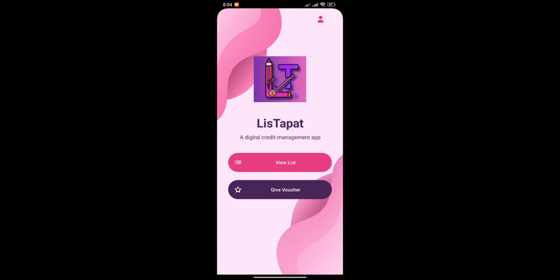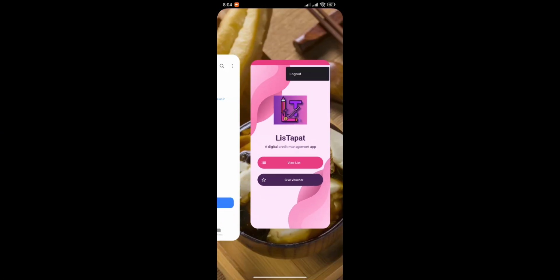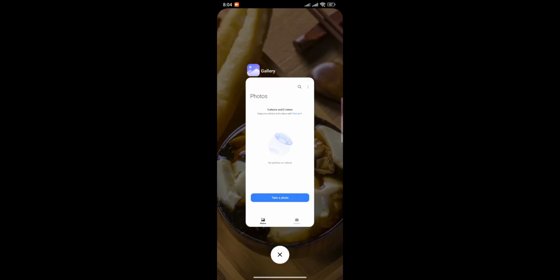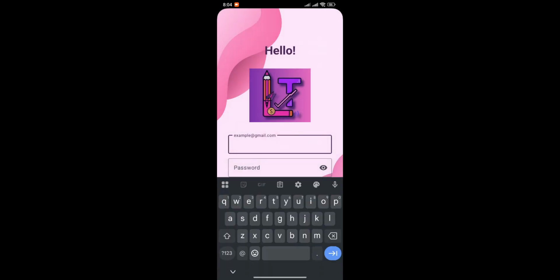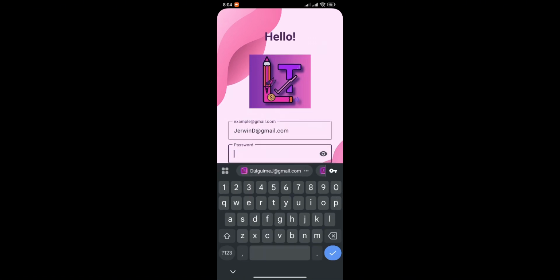Let's now try the app to see and test if the registered account will be rendered in the Firebase console. So let's try to log out. Let's open the app. So first, let's create an account. Let's try jerwin d@gmail.com,